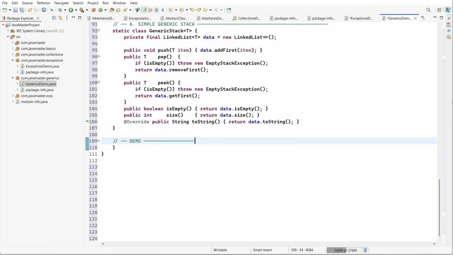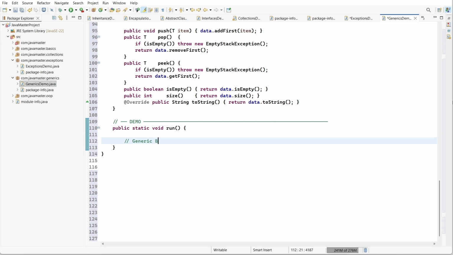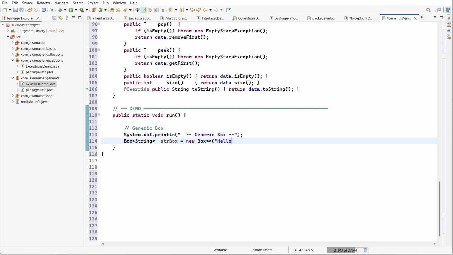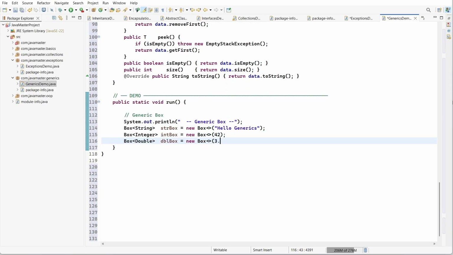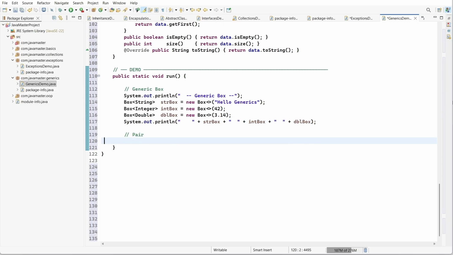Now the run method ties everything together. First, three generic boxes, Box<String>, Box<Integer>, Box<Double>. Same class, different types, all fully safe at compile time. The output prints each one with its actual value, no casts needed anywhere, then a Pair holds a String and